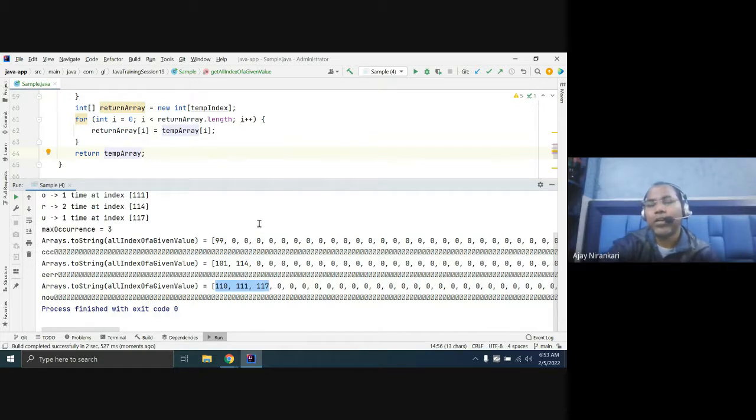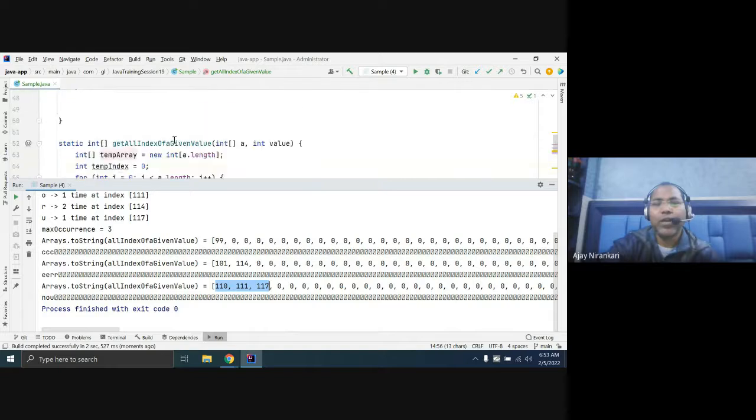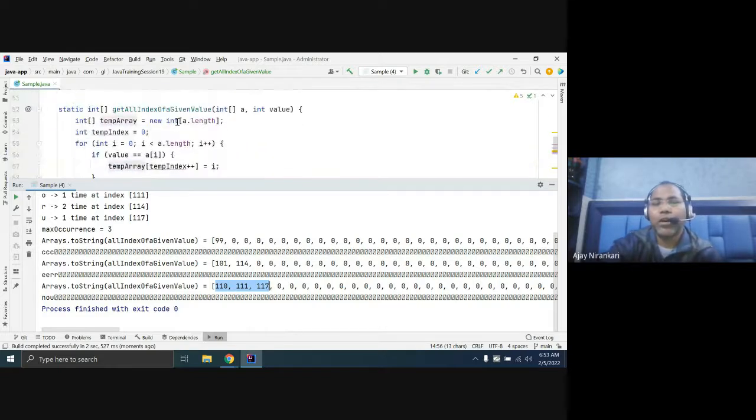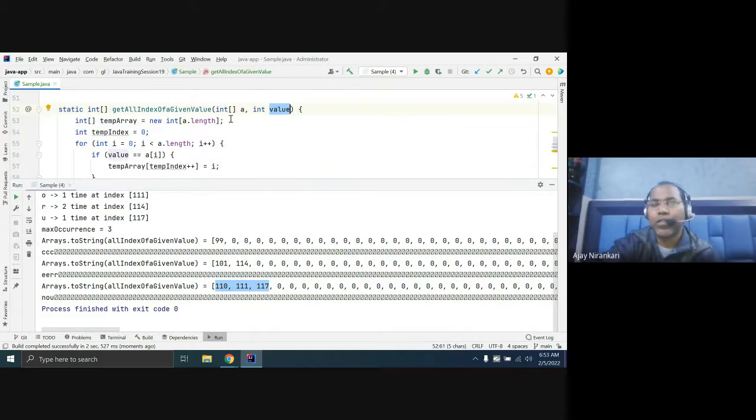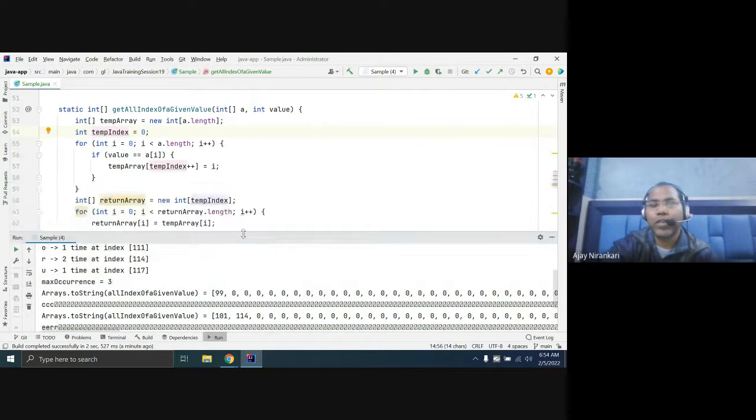So our intention with this temporary array: initially we don't know how many indexes will match, so initially we create it for the full length. And whatever matches, we store here at the index, like 99, and the rest should be 0. So I'm only interested in this length, one length. Here two length, here three length. So I'm saying just create a